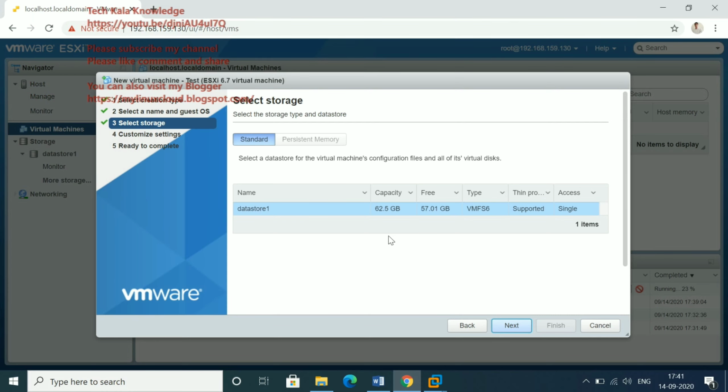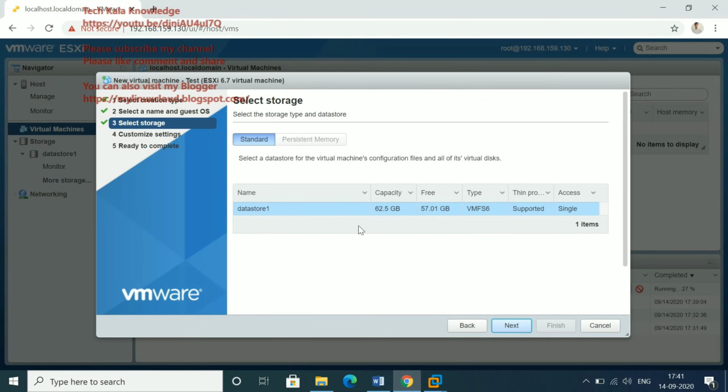Suppose there are 10 datastores, and 8 of them have only 30, 40 or 50 GB of space available, but there are 2 datastores with more than 1 TB or 2 TB of space available. You can select the one that has more space available.